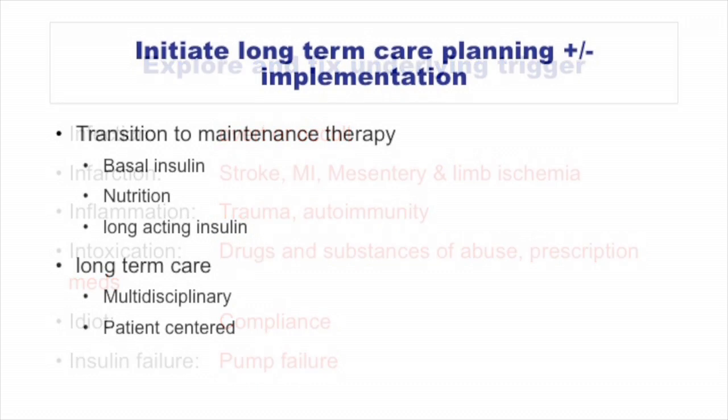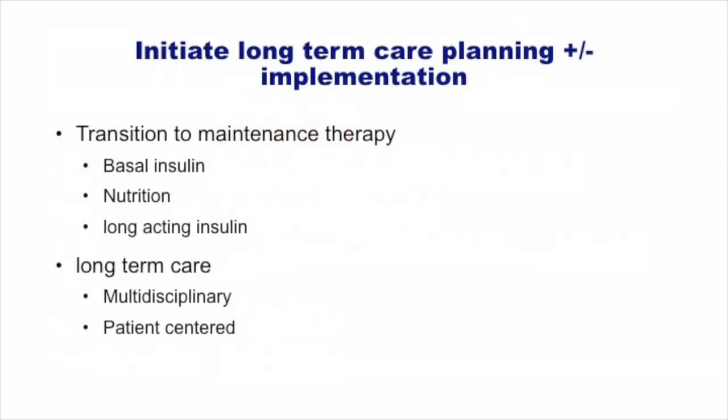How do we transition? In ICU, we run our insulin as an infusion. When the gap has closed, that's our marker. We're not waiting for the ketosis to disappear. When the anion gap has closed, that's when we say we are done correcting DKA. Then we put the patient on a basal infusion, just a small dose, maybe 2 units for an adult, to prevent them rebounding. And then when they are feeling well, we introduce a subcutaneous long-acting insulin and plan for transfer to the